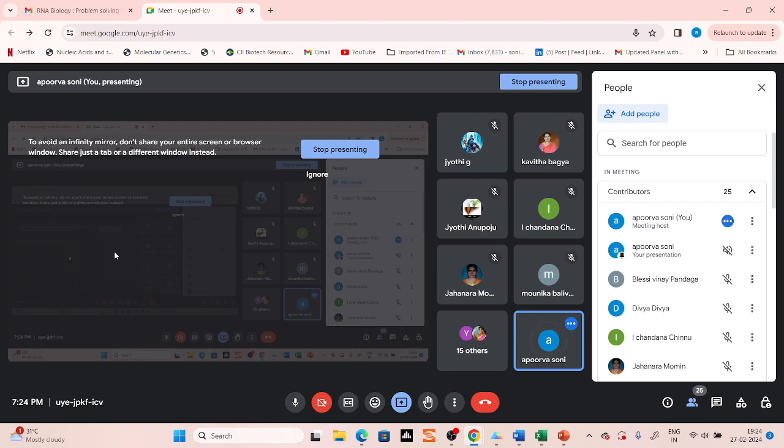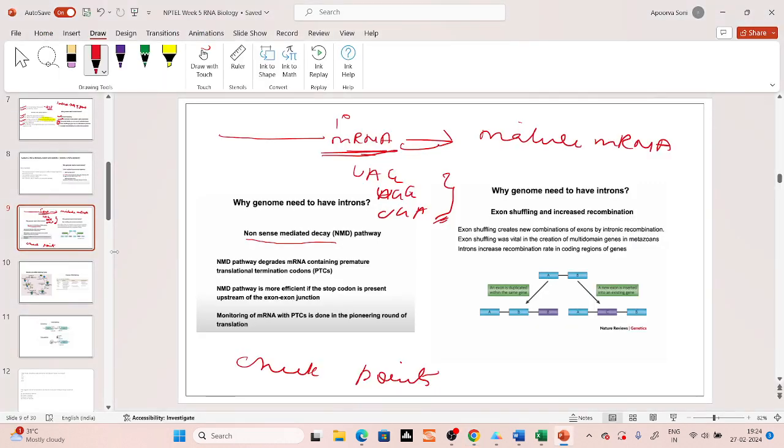Think. Stop codon, ma'am. Yes. So nonsense mutation is a mutation where the codon has changed and now it is converted into a stop codon. Suppose there is a CAG and this C is converted into U, now it becomes UAG. So this kind of mutation where after mutation the codon changes into a stop codon,